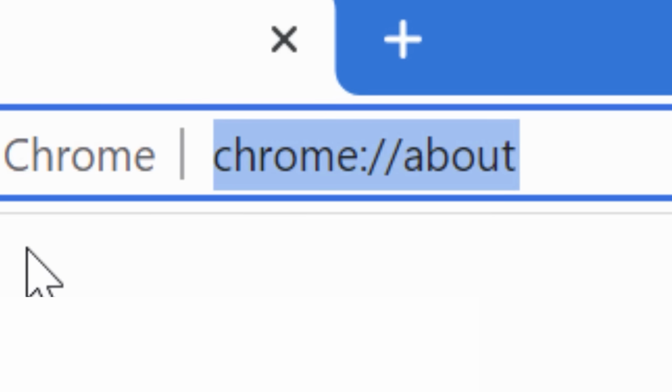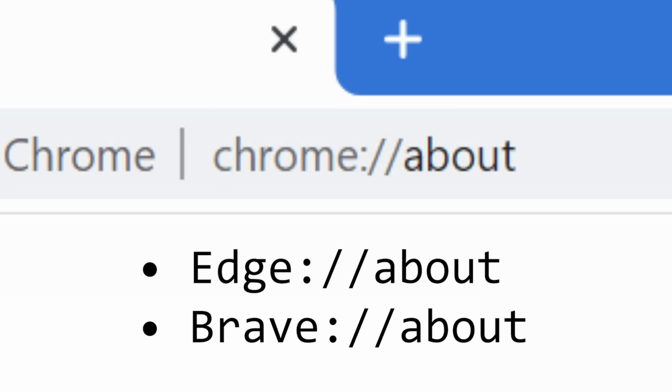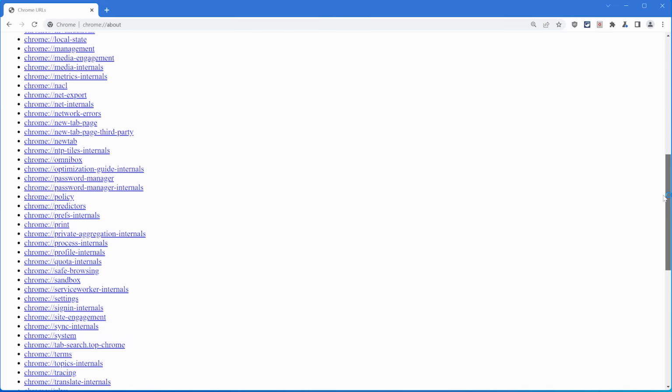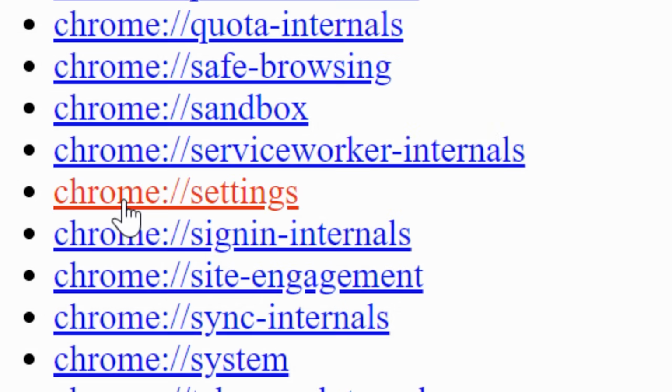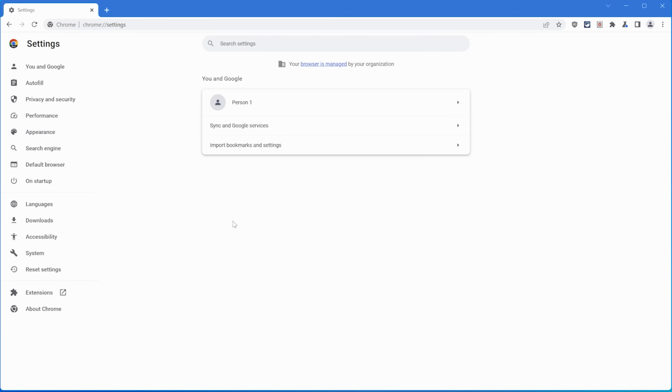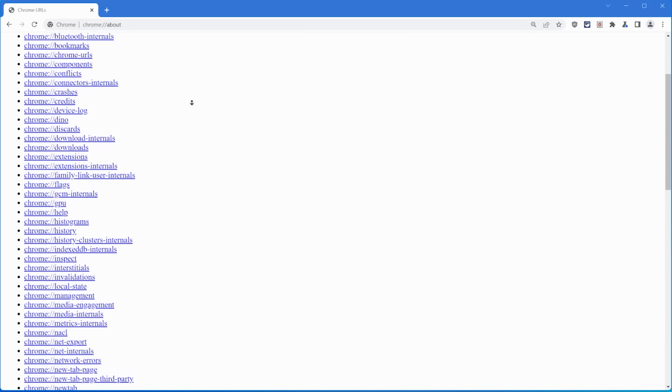In Chrome, you can see this list by going into the URL bar and entering chrome://about or chrome://chrome-urls. And I'll also put what it's called in other browsers. They're very similar. Some of these links just take you to regular menus you've seen before, such as the Chrome settings link literally takes you to the regular settings menu. Same as the bookmarks and downloads links, but most of the other links can only be found in this list